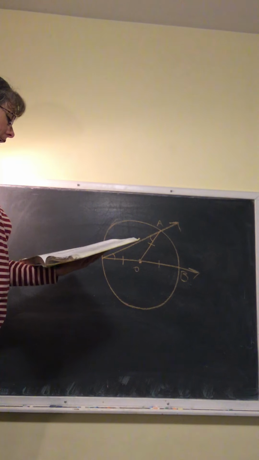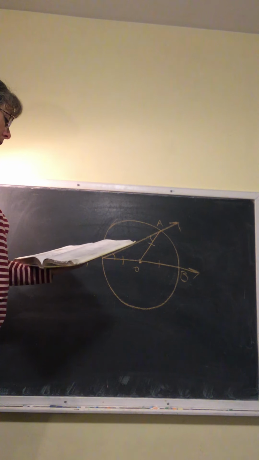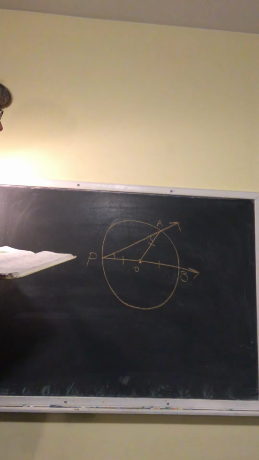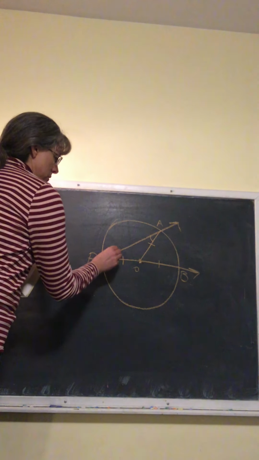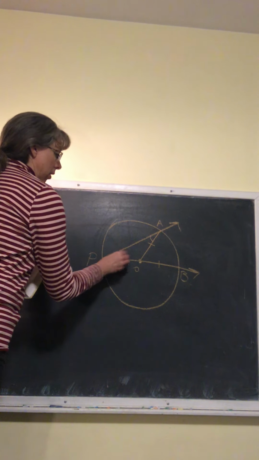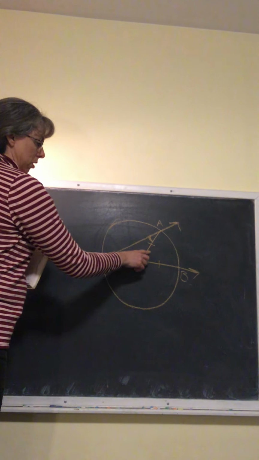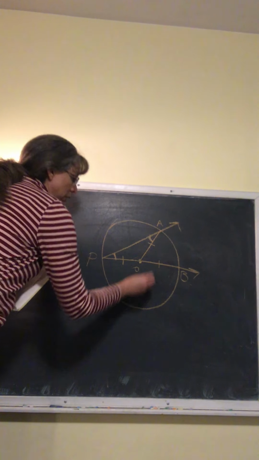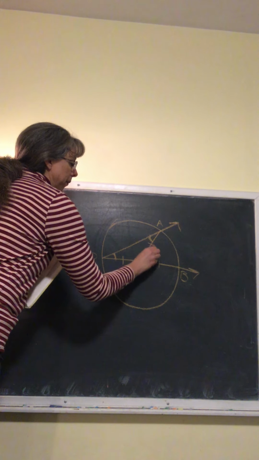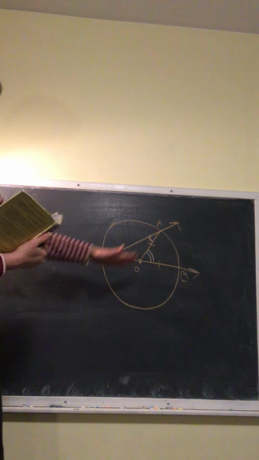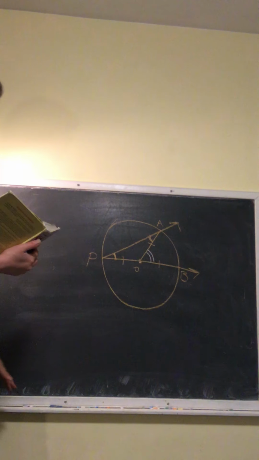Number 9, angle P plus angle PAO equals angle AOB. So this angle plus this angle equals this angle out here. Why is that true? What is the relationship of angle AOB to